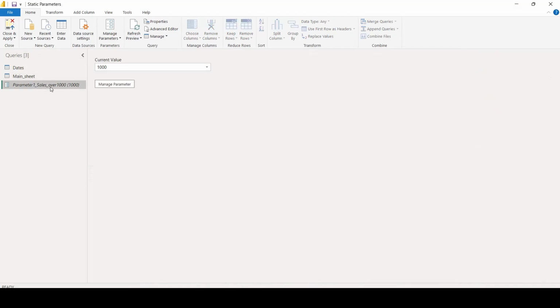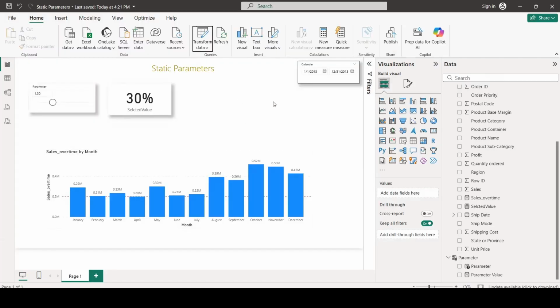You can also delete the parameter very easily and create a new one. So this is what we can do with static parameters. And I think in some cases it will be very useful when we create some dashboards and we want to show some simulation on our dashboards with the data.